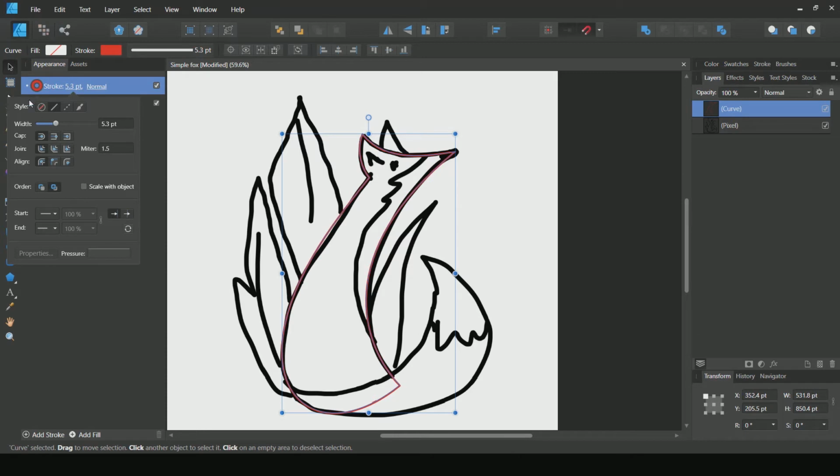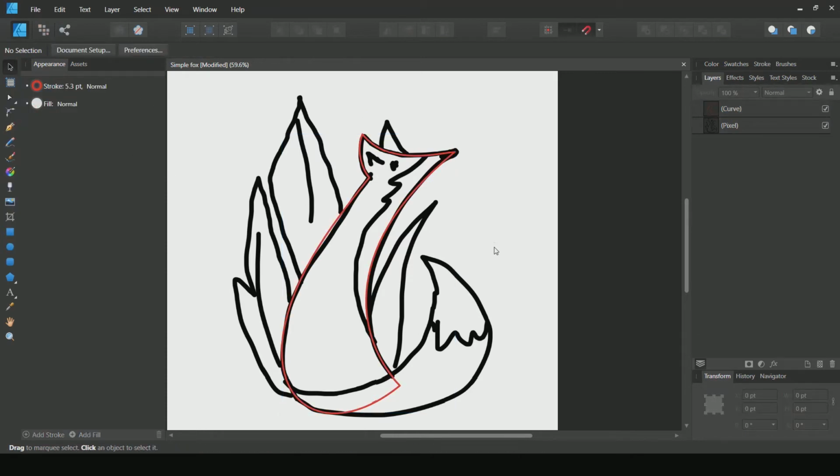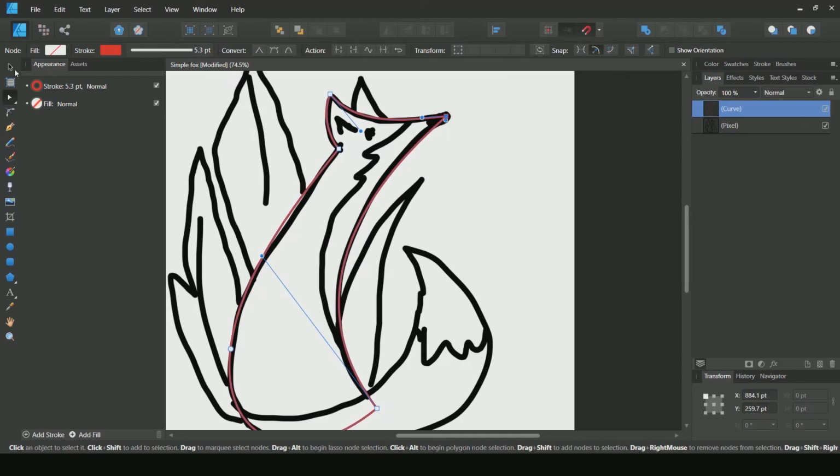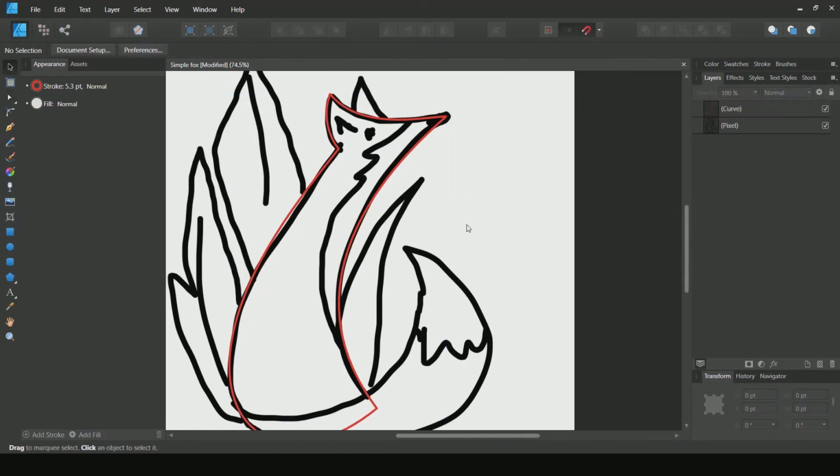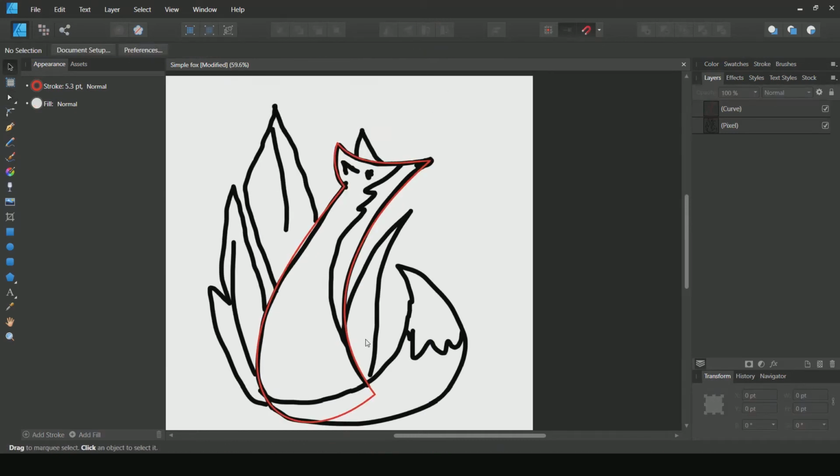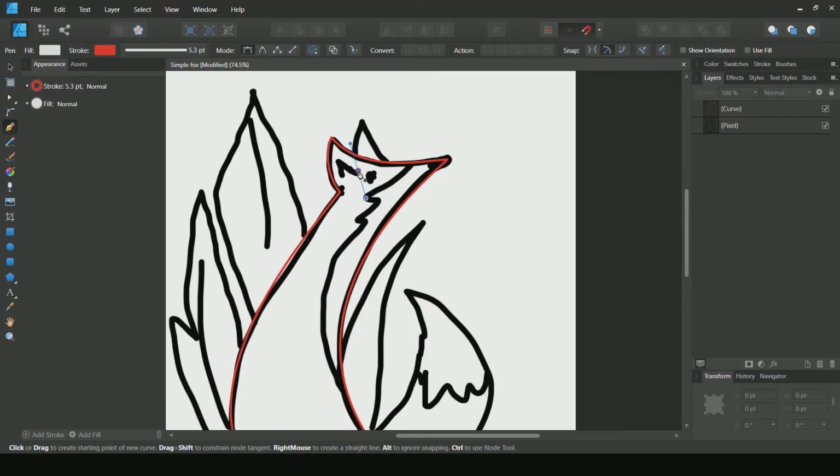So I've changed the stroke width. For the final illustration I will not be using any strokes, but for the purpose of just drawing the basic shapes, I might just use this stroke. So I have adjusted this curve shape, and let's draw other lines. Let's draw the back ear,